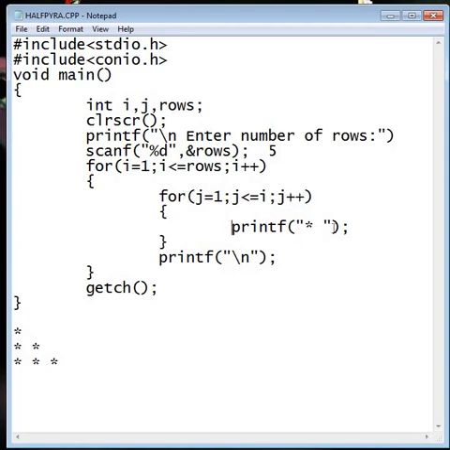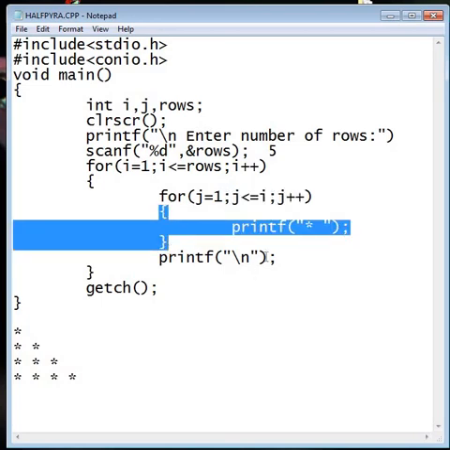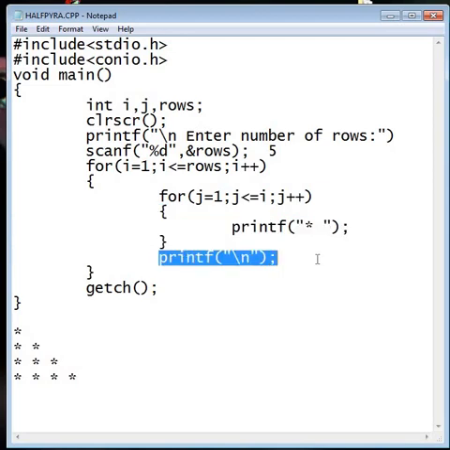So the line will be printed 4 times, that is star space star space star space star space. After that, when the value of j will be 5, which fails the condition, control gets out from the loop body and encounters the line, that is new line.